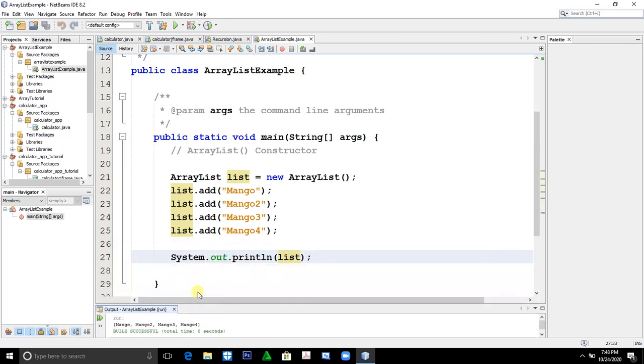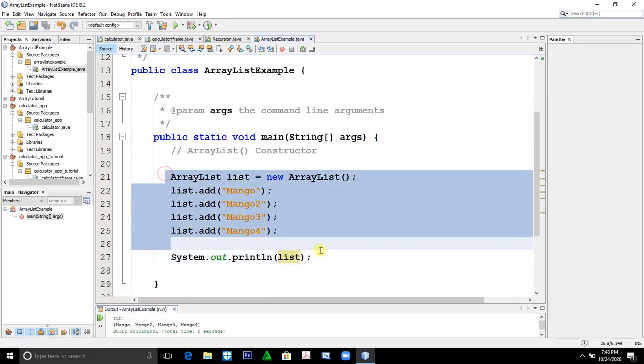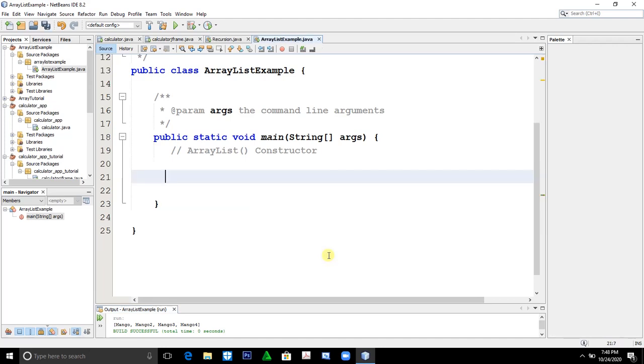So that's number one. So number two is by ArrayList with initial capacity constructor. So the second is the ArrayList initial capacity constructor. Here, we will put an initial capacity of that ArrayList. So for example,